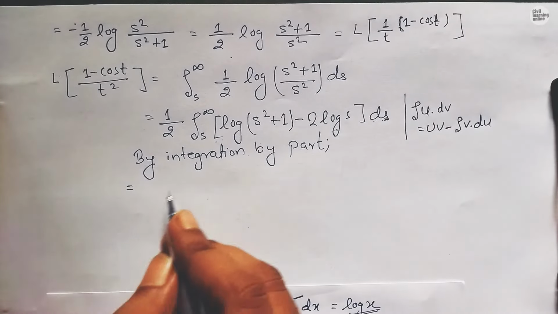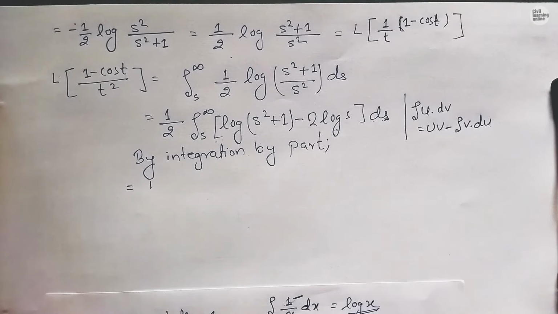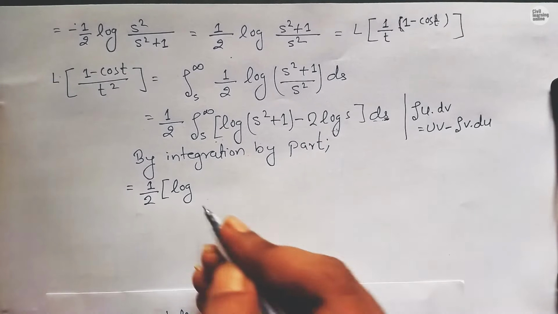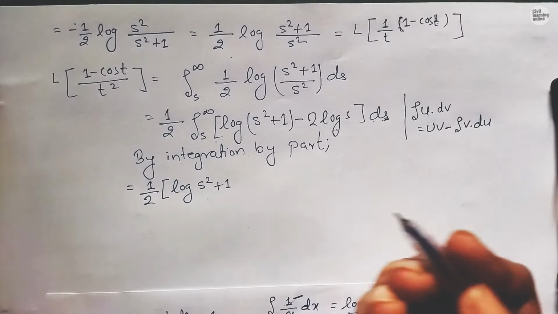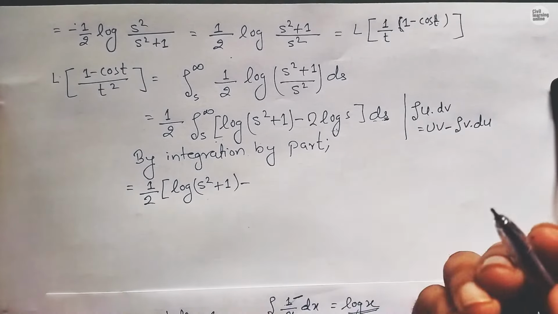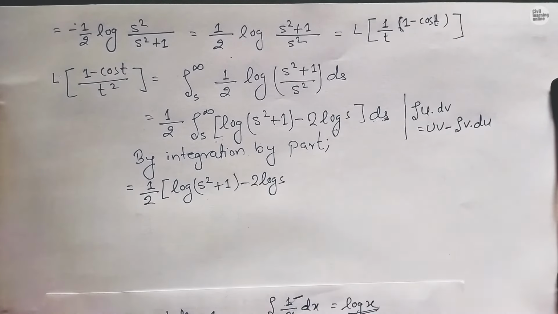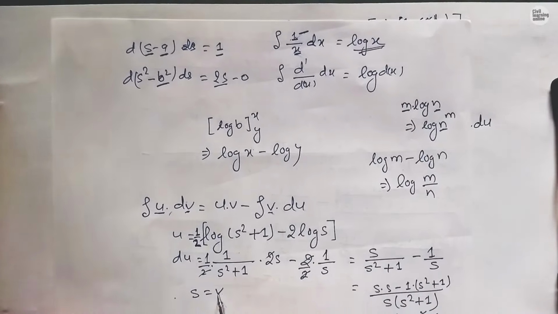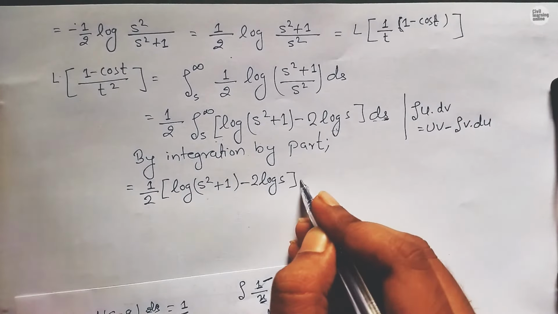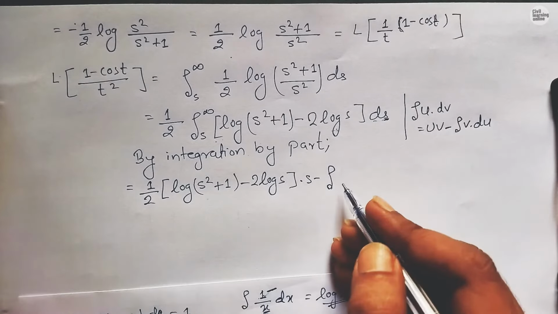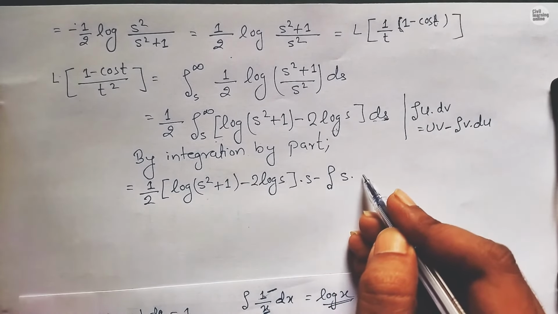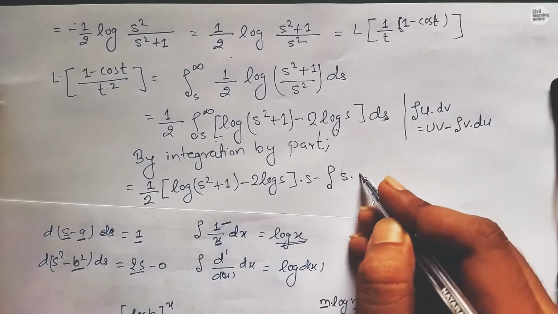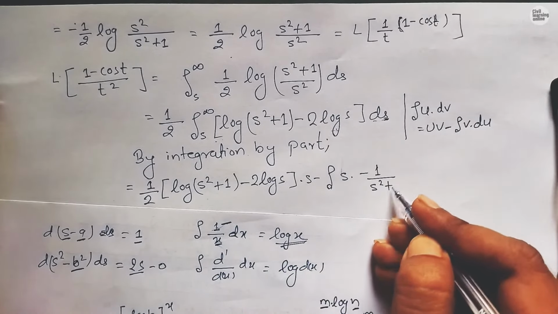So we will have here the u, our u is 1 upon 2 times log (s square plus 1) minus 2 log s times, in place of v we have s, so we will write here times s, minus integration of s times, and in place of du, we have calculated the value of du, that is minus 1 upon s square plus 1,